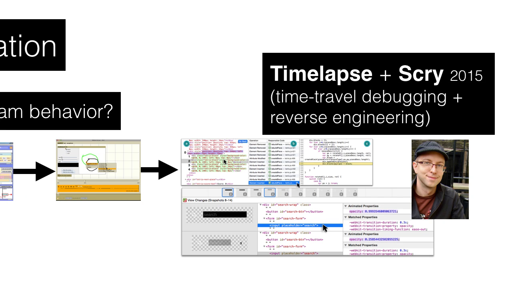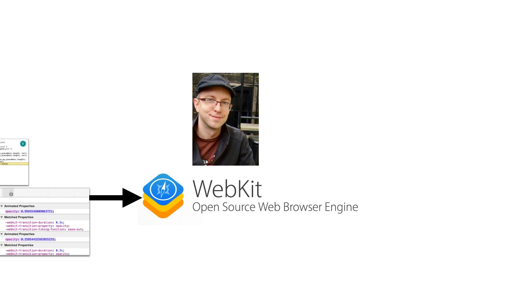And several years later, I had a PhD student, Brian Burg, who just graduated. He looked at time travel debugging and reverse engineering in 2 systems called Timelapse and Scry. And these were explorations in trying to help somebody understand how a web interpreter was executing programs. Very similar ideas to the Y line. Now, Brian recently joined Apple and has begun upstreaming a lot of this work to WebKit,